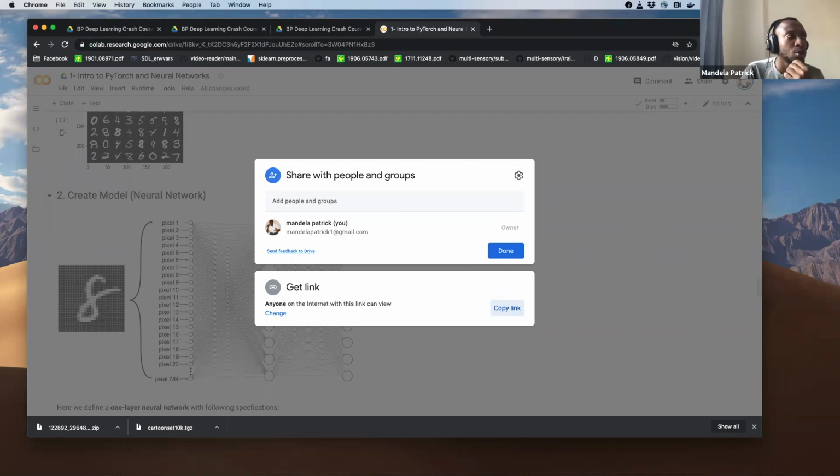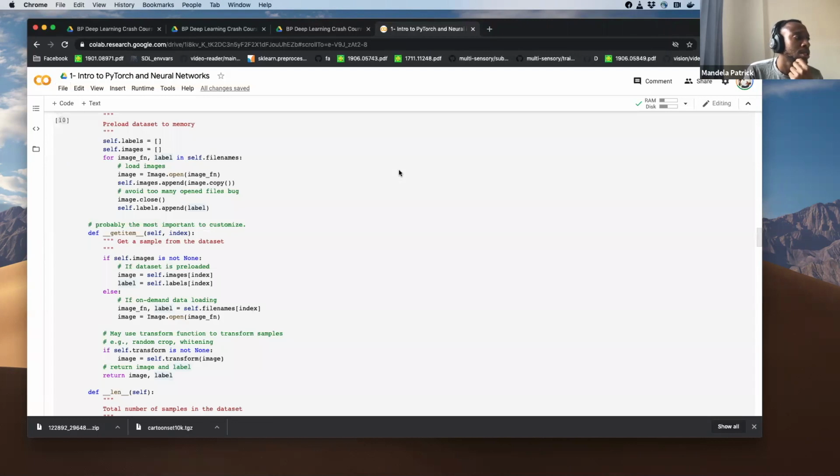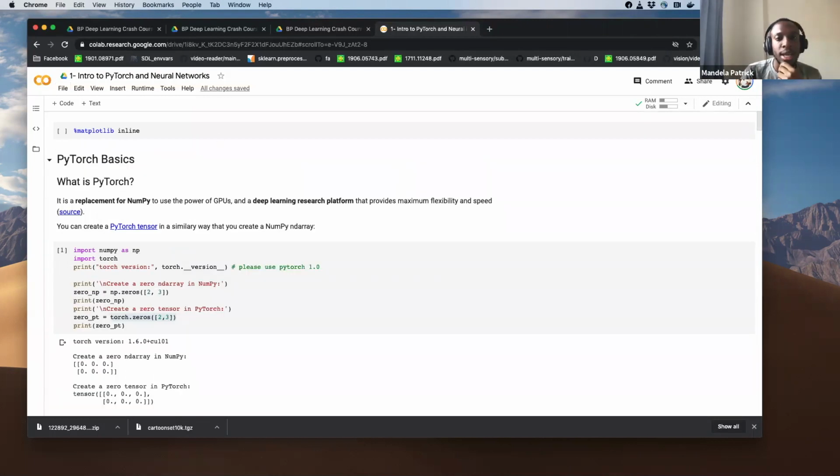What you'd have to do is, when you get the link, you click Save a Copy in Drive, and then you could play with it. People want me to go through the exercise again. I can do that. Let me go through the questions first, and then I'll go through the notebook one more time.